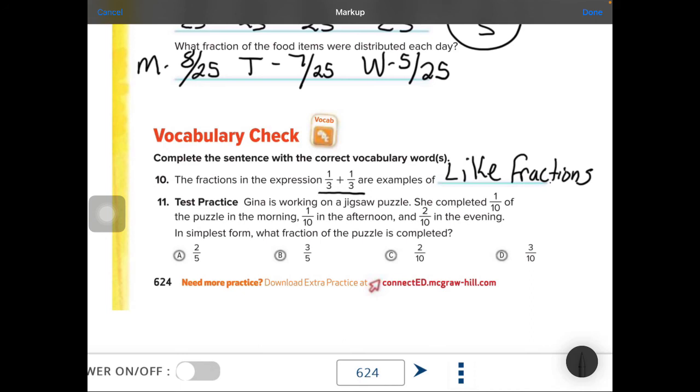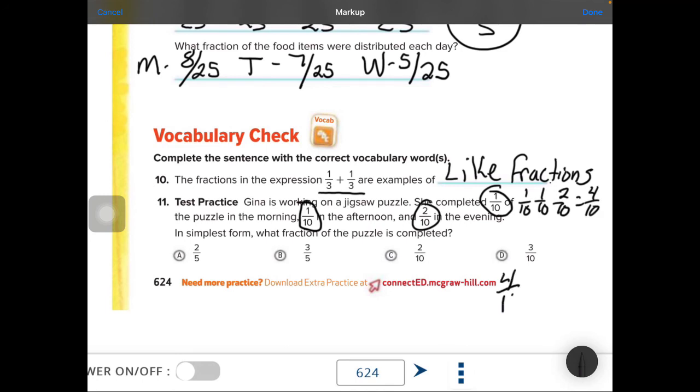Number 11, Gina's working on a jigsaw puzzle. She completed 1/10 of the puzzle in the morning, 1/10 in the afternoon, and 2/10 into the evening. In simplest form, write the fraction of the puzzle completed. Well, we can just count the tops. We've got 1/10, 1/10, and then a 2/10. So that's 1, 2, 3, 4,